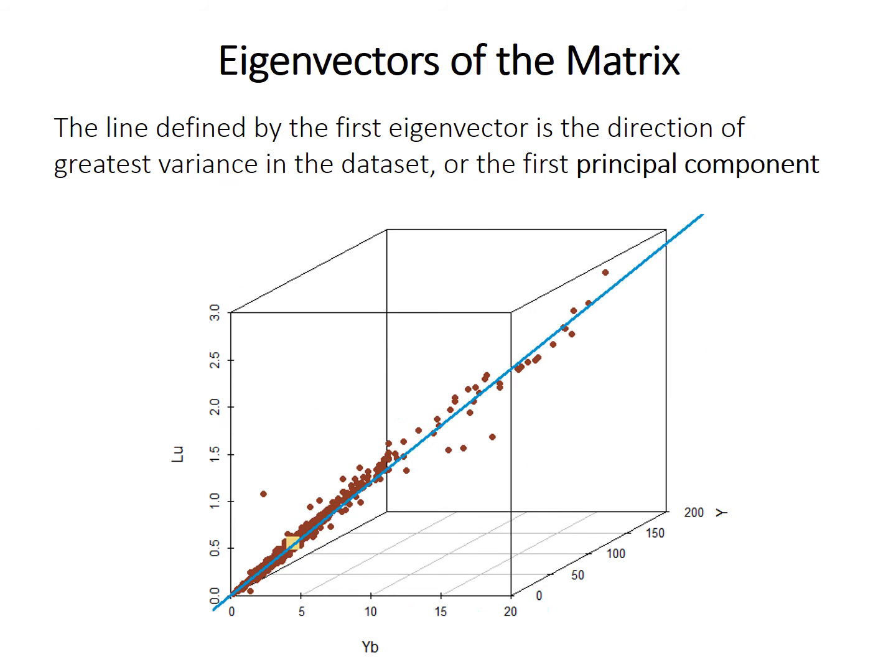The important thing really is that the first eigenvector defines a direction in space, and the line along that direction turns out to be the direction of greatest variance through our multidimensional cloud of points. So the first eigenvector is the first principal component in our new coordinate system. So we're going to use the eigenvectors. There's going to be a second one and a third one, and however many more you have for the original